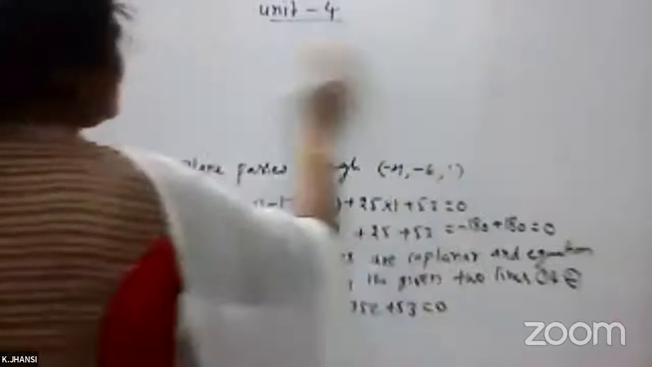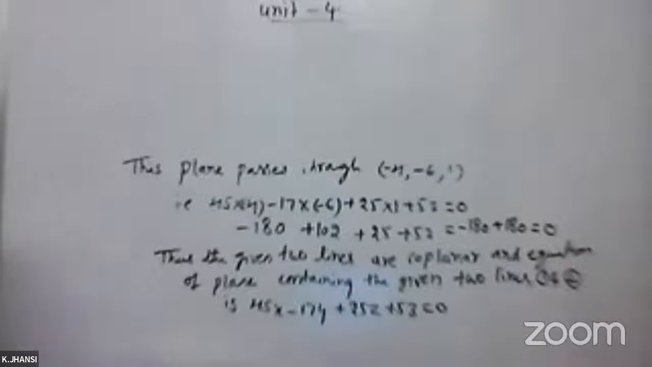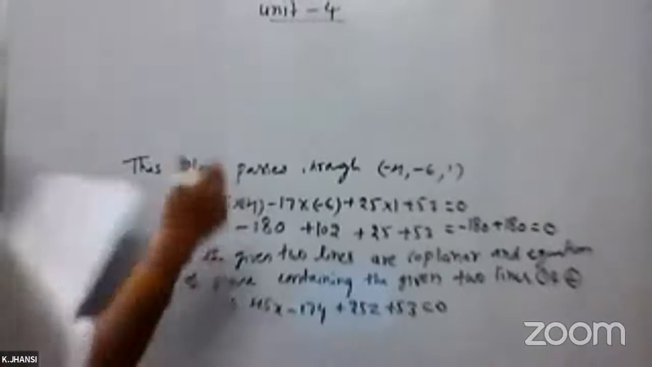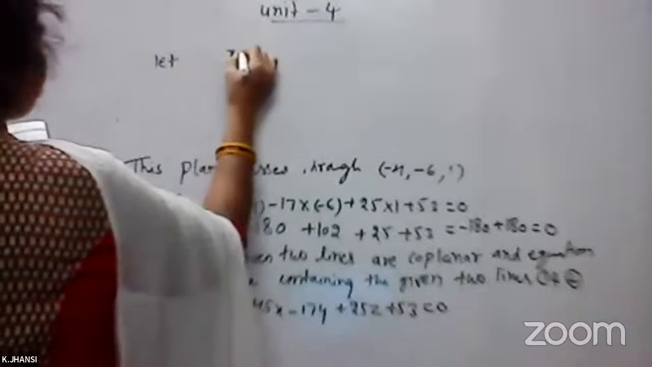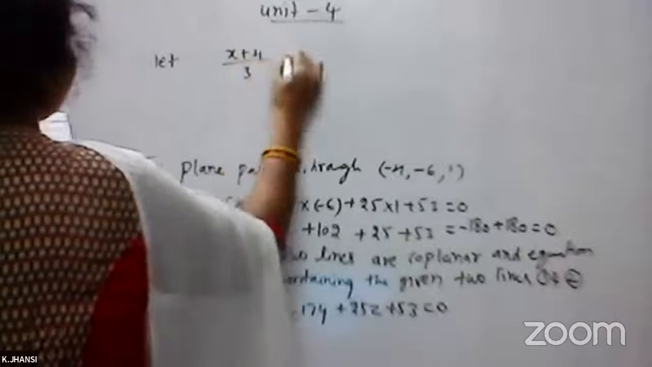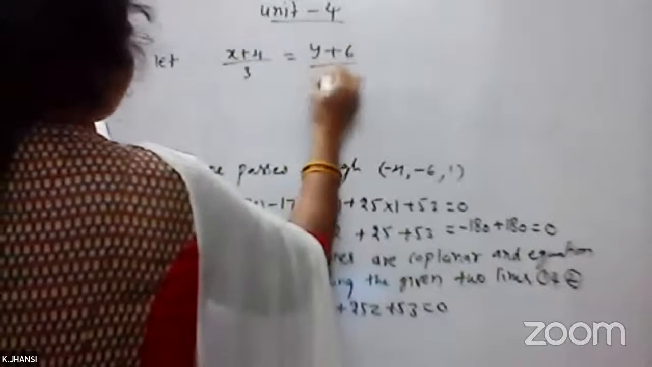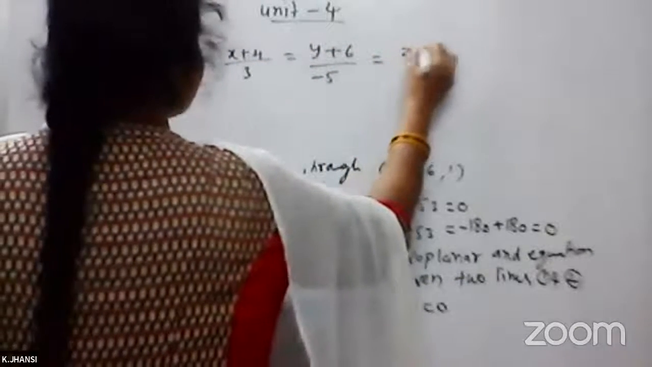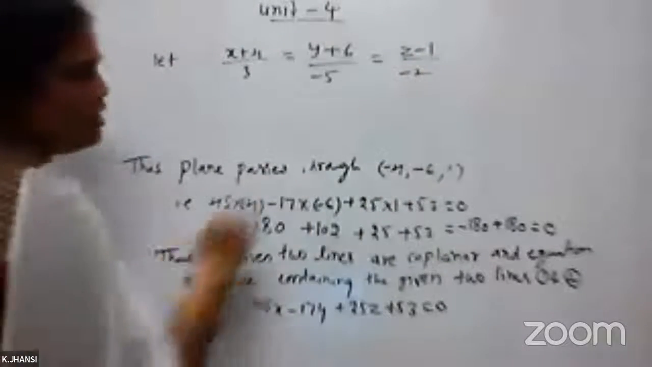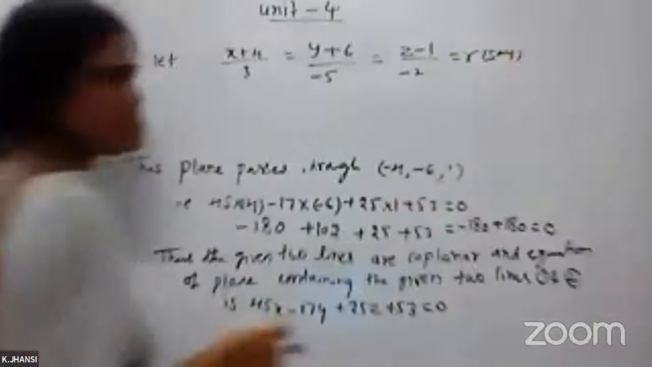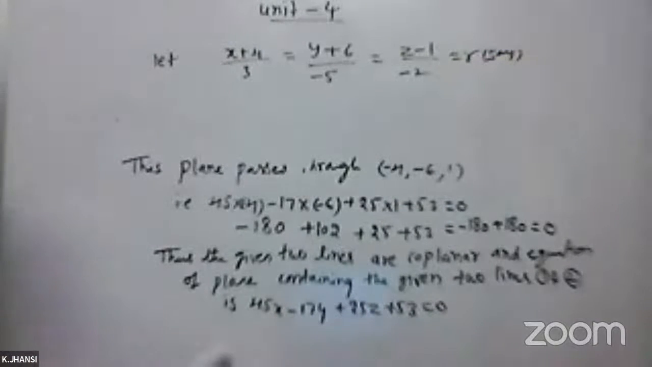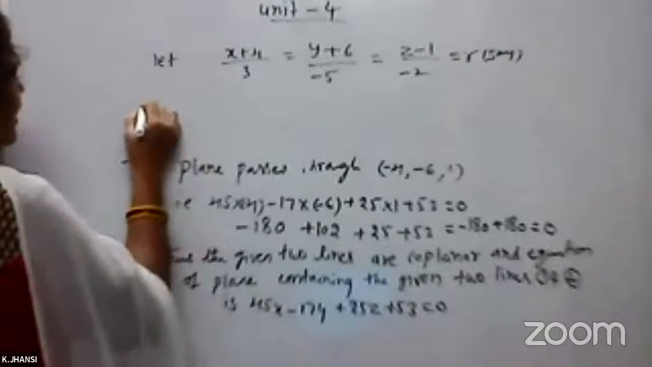So for finding the point of intersection, you take the line equation 1. So what is the line equation? (x + 4)/3 = (y + 6)/(-5) = (z - 1)/2 = r. Okay, you're taking it. So you know the procedure for how to find the point of intersection. So we are taking this. So any point on